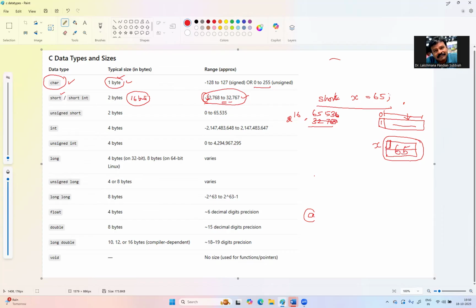Then that value is 32,768. So this is actually 2 power 15. So 1 bit for sign, so 2 power 15 is that. So the range here is minus 32,768 up to 32,767. If you are having a value in that range, then you have to go for declaring that